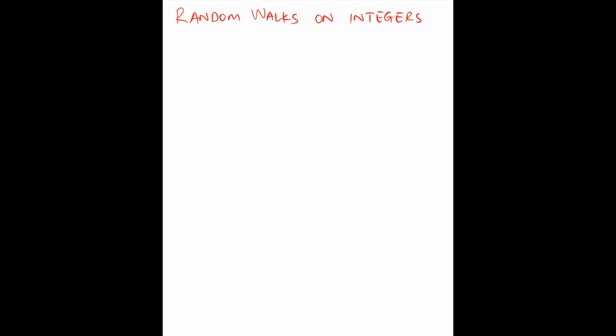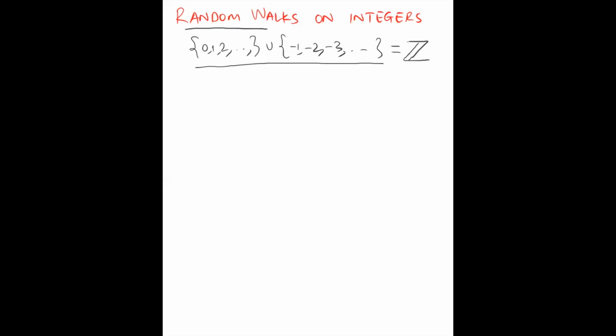Okay, so I hope you guys know what integers are. If you don't, it's not that complicated. They're just numbers, like 0, 1, 2, and so on. You've got all these numbers, and you also have things like -1, -2, -3, and so on. These things are collectively called integers, and there is a special symbol for this. The symbol is this, a slightly fancy Z. So this last topic will be random walks on integers.